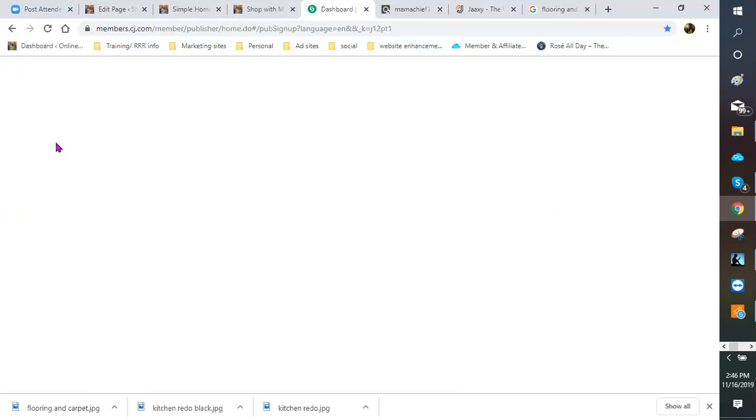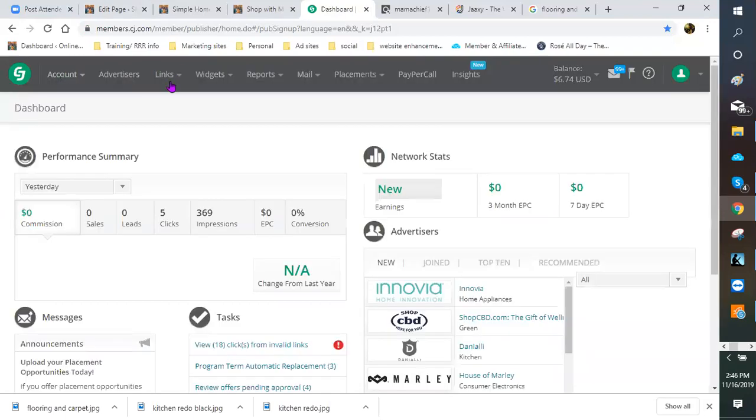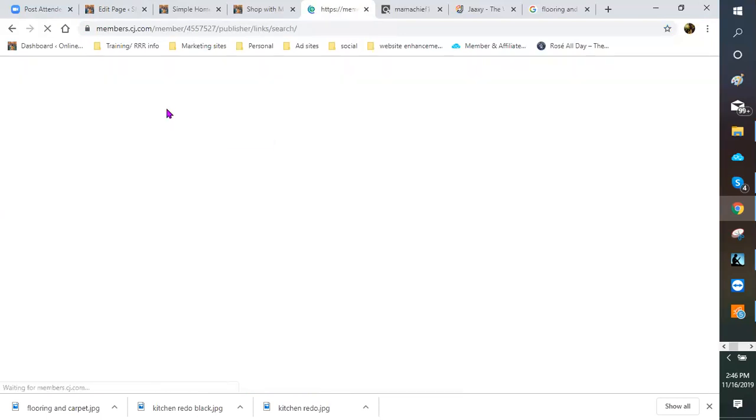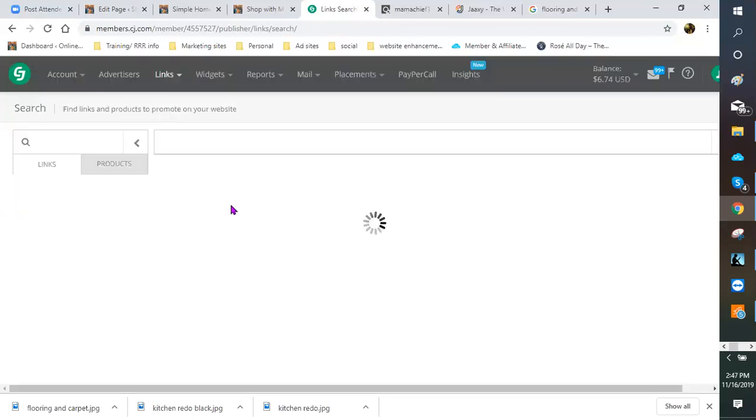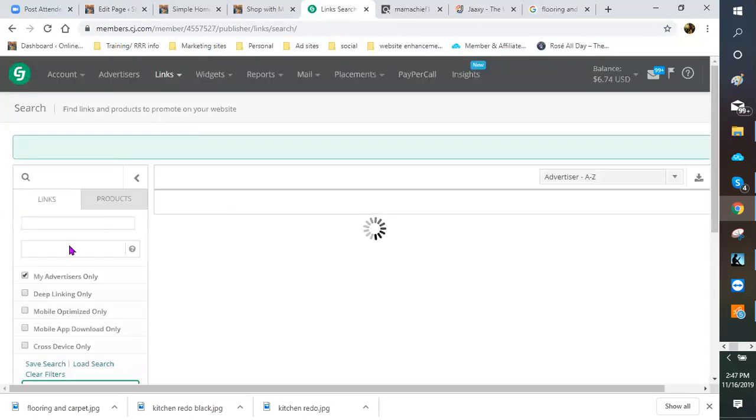So when I go to CJ right here, I'm going to go to my links, then to search, and this pulls up just my affiliates only. They're not ones I need to be approved for. These are ones that I've already been approved for. Okay. So then, since I don't know necessarily what company is out there, I'm just going to come here